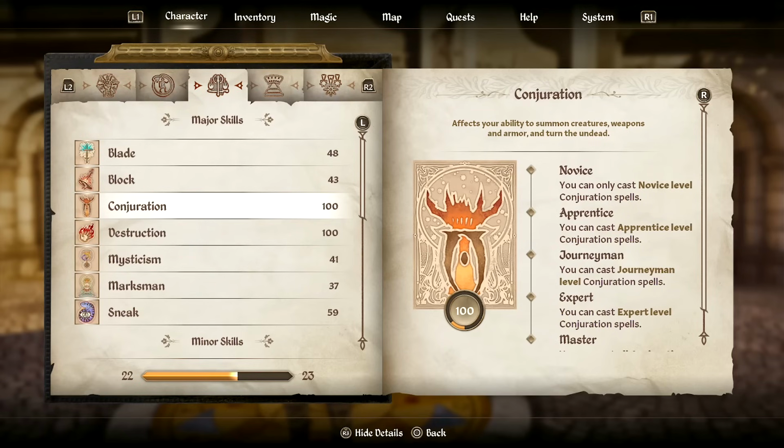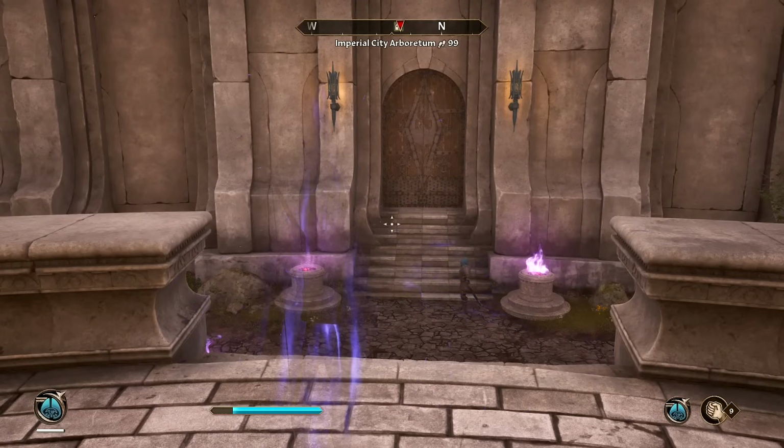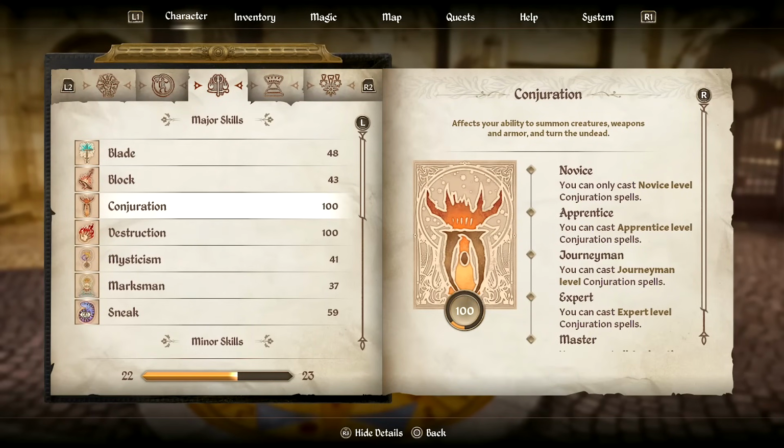We're going to go through the best ways to level up your magic skills. There's some information that I want to lead with so that people don't feel forced to sit in one spot casting the same spell over and over again. This is not necessary, and if you look at my skills, I did 0 active grinding to get my Conjuration